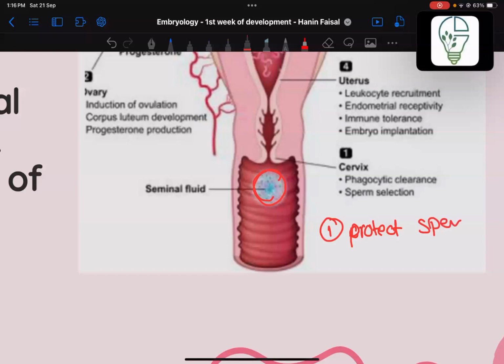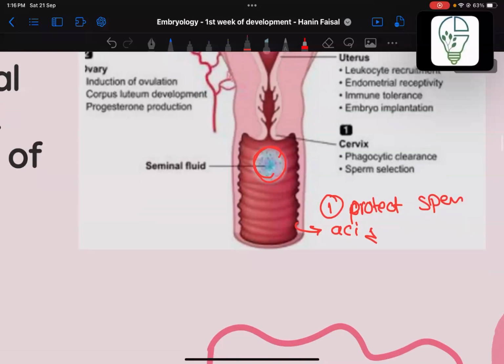the sperm from the acidic environment of the vagina, because the vagina is acidic. I have to protect the sperm. I don't want all the sperms to die, so then what's the use? Because I have to have a sperm that reaches to my fallopian tube. So that's why this fibrinogen is important. It's going to coagulate it as a protective mechanism from the acidic environment of the vagina. And then the second thing